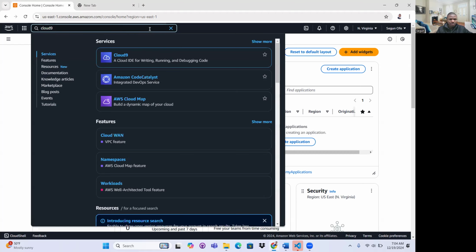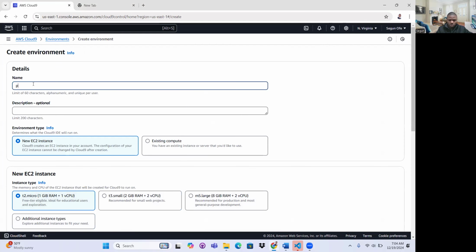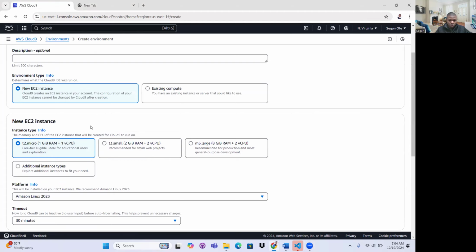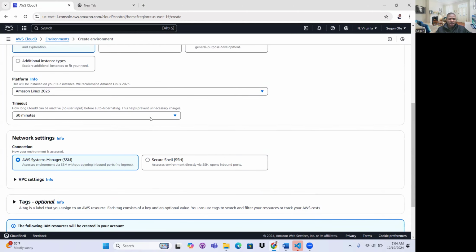So let me go to Cloud9. Then I'm going to click on create environment. So I'll just call it project environment. And then I'll leave all the configuration the way they are. I'll click on create. So while that is creating,